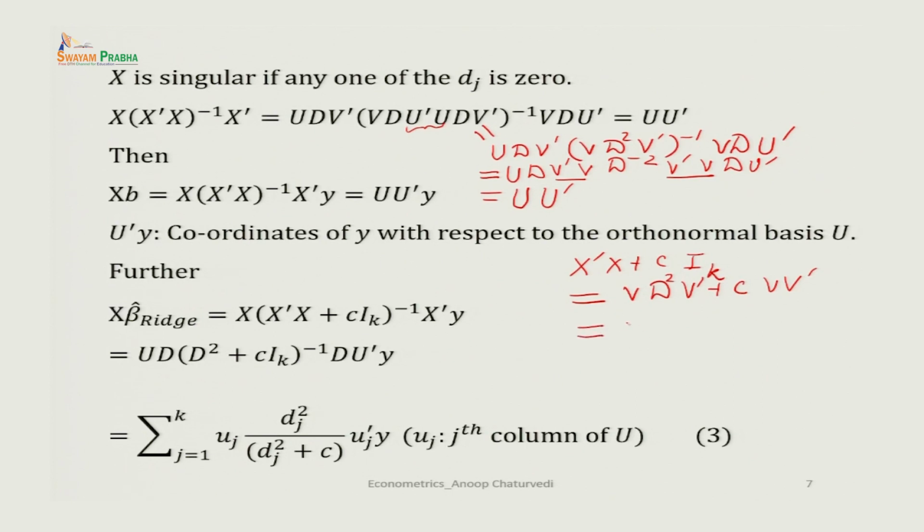So, you get V (D square plus c I) V transpose. Then again we substitute the value of X here, which is equal to U D V transpose. So, you get U D V transpose, then you have V again here, then (D square plus c I) inverse, then you have V transpose,